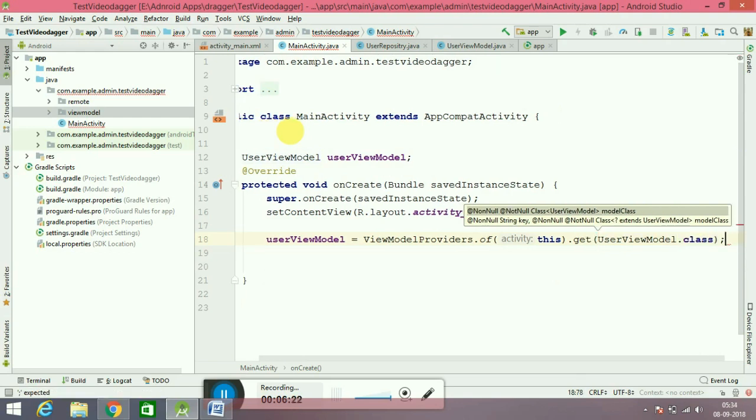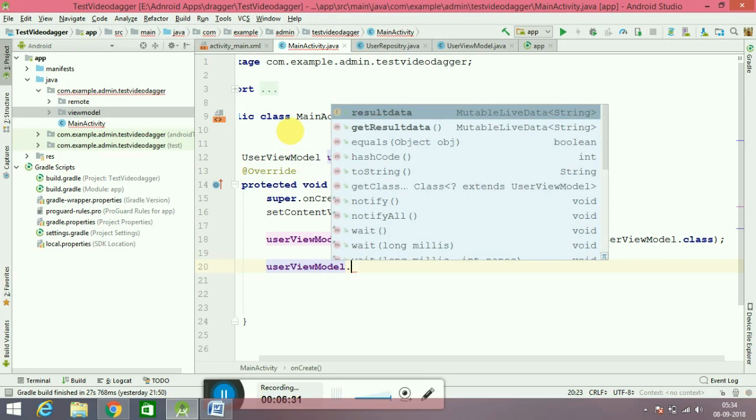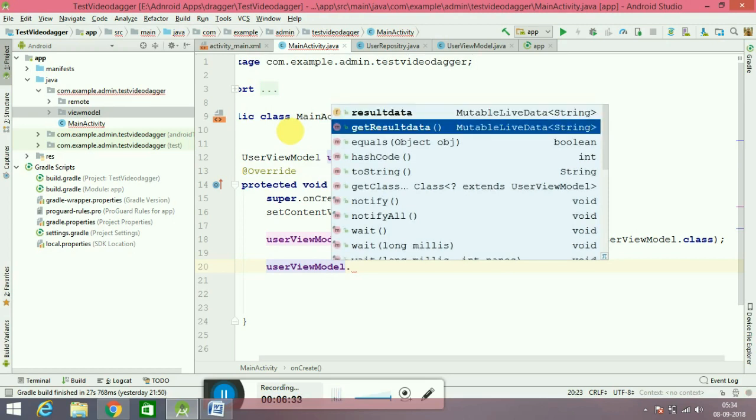That's the thing we have done many times, and here user view model dot get result data